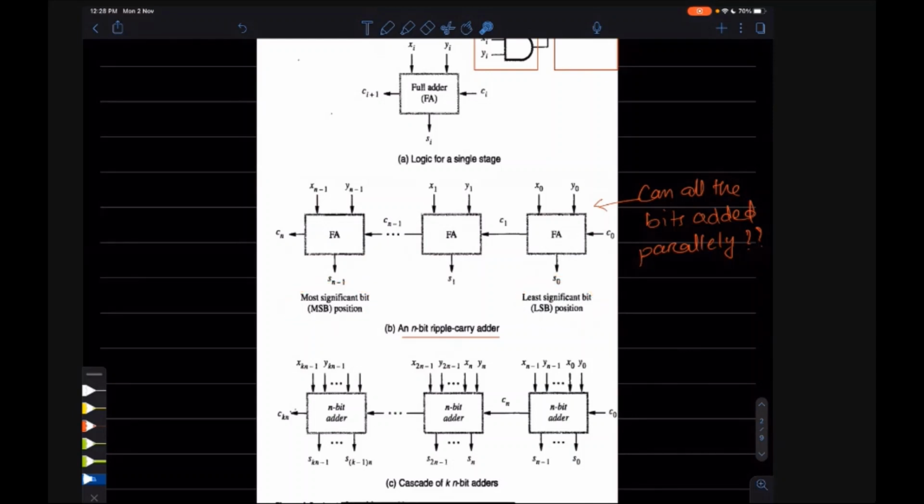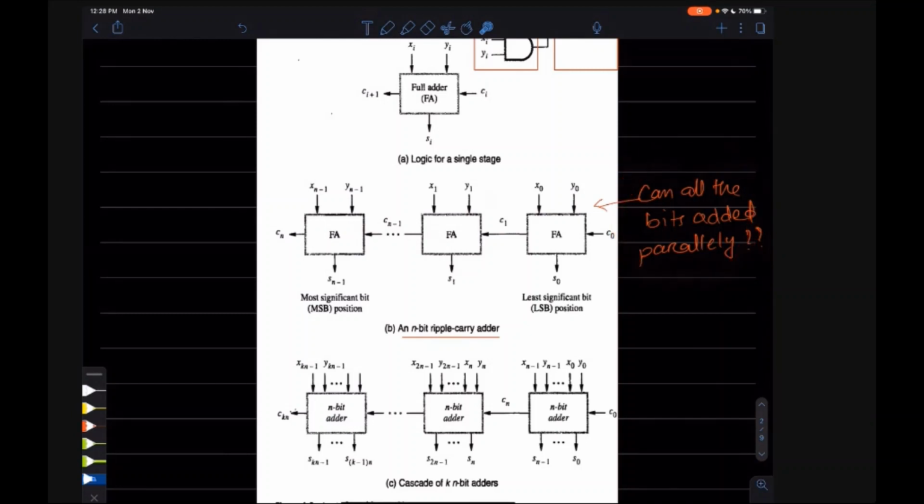Okay, so what we are doing here: x0 y0 input we are giving, you are getting the carry, then the carry will go to the next full adder, then that full adder will do the addition, it will generate the carry, it will go to the next, and the carry will generate and go to the next. So can all the bits be added in parallel?